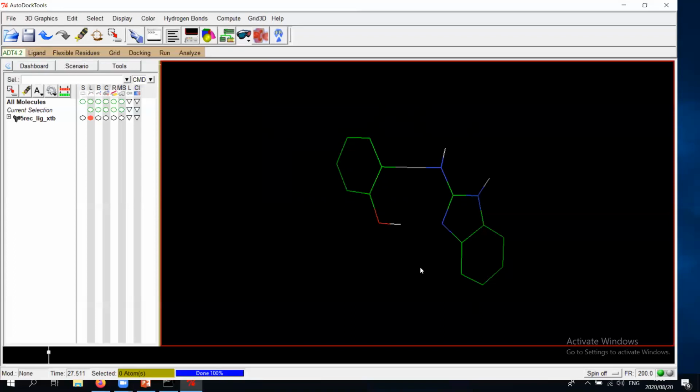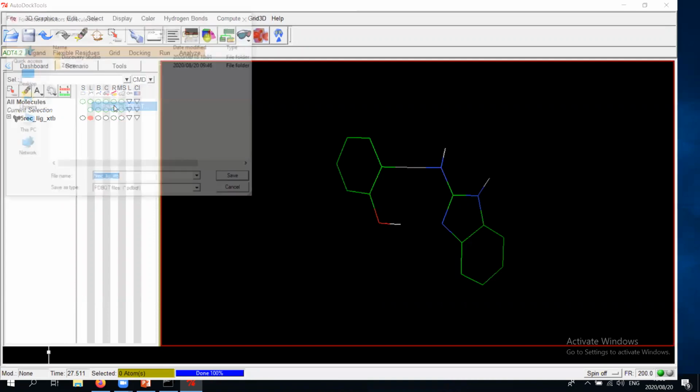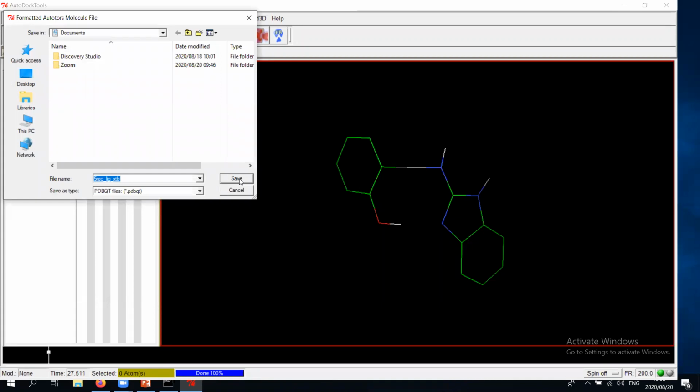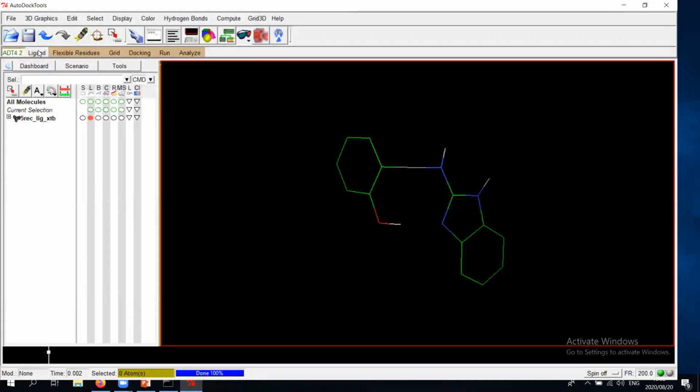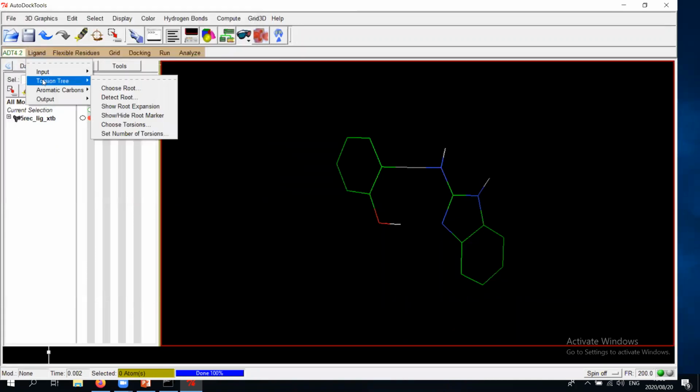So remember, to get to this point, we did ligand input and we opened. What's interesting now is you don't have to go into the other menus. Input's really important, and we want to save it. And the output, I'm going to save it as a PDBQT. I'd like to look at one of the other menus and just go save directly. But the other menus are quite interesting because you can have a look at the torsion tree, and you can show